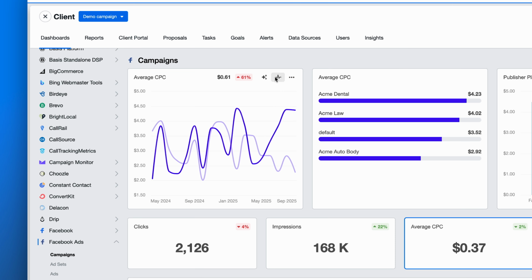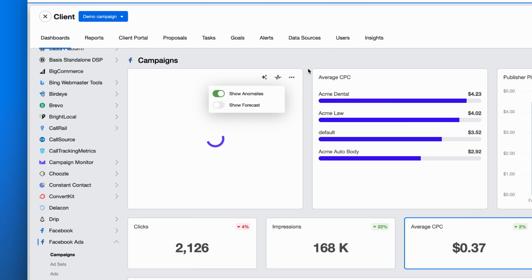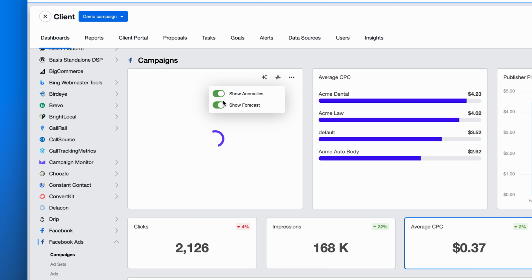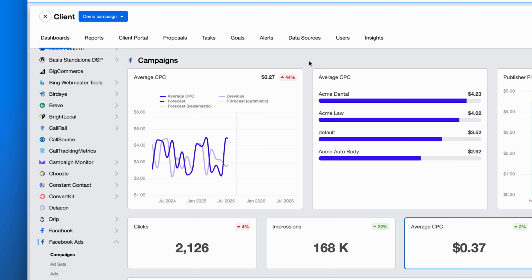Unlock deeper analysis with the Insights features. Spot anomalies the moment they happen, forecast future performance, and uncover hidden trends, all automatically generated from your client data. Whether it's a sudden spike in CPC or a drop in conversions, Insights flags it instantly so you stay proactive,